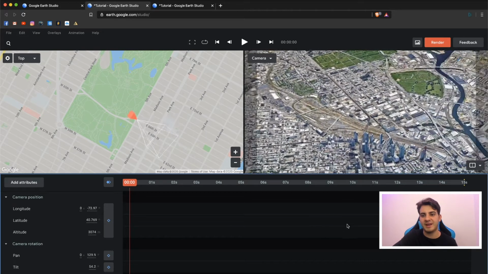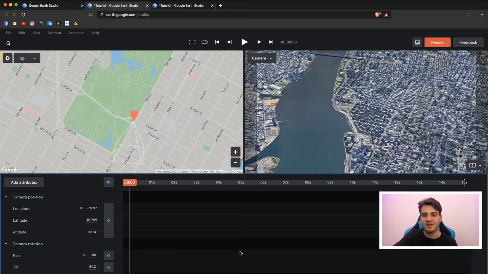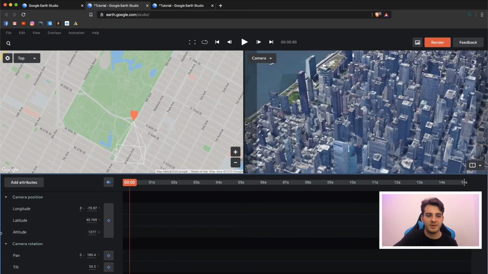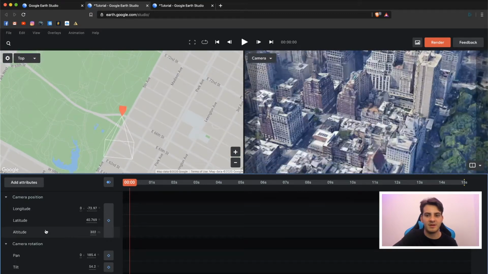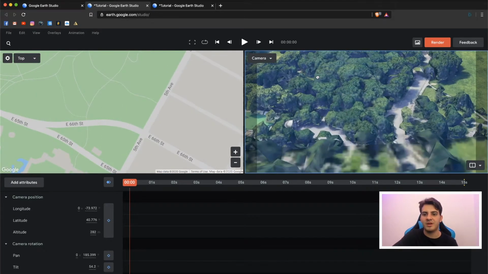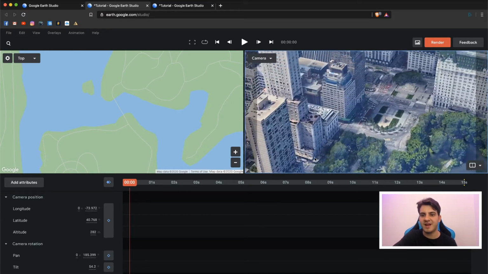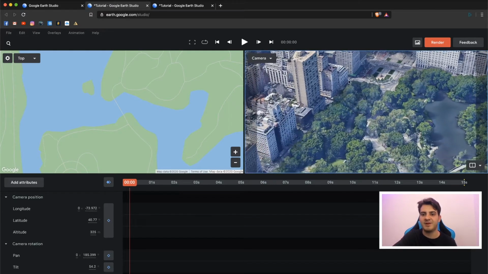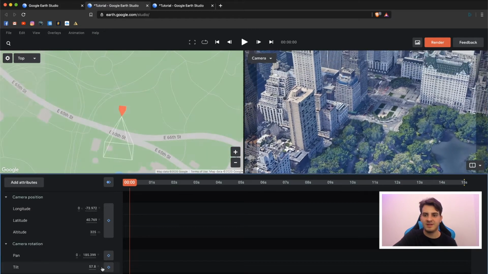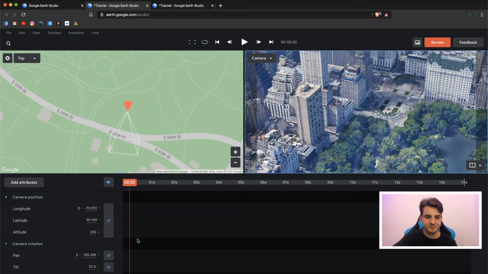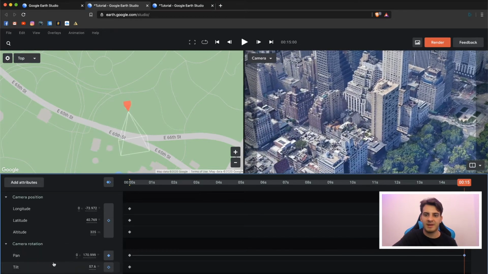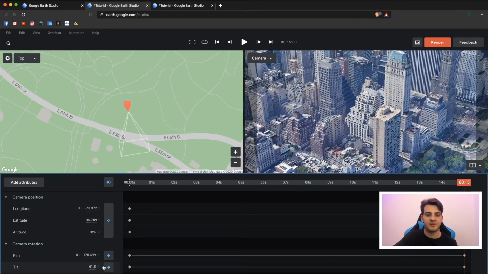I'm going to get this camera positioned where I want it. We're going to bring this altitude way down and also bring the camera back. So you can either do it using these controls, or you can simply drag it around and have a bit of fun. And let's get something we like, say this. You can set your keyframes, and let's go forward. Let's just do the full 15 seconds, and we can make it look this way, tilt it up a bit,